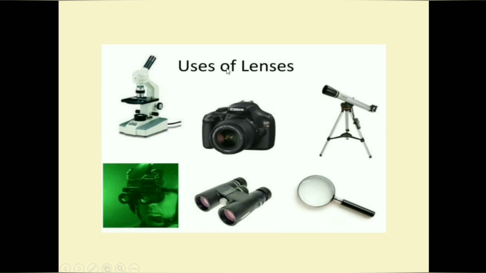What are the uses of lens? So lenses are having many applications. For example, lenses are used in the microscope or any optical instruments, that may be microscope or telescope or astronomical telescope or terrestrial telescope. So these are used in optical instruments. So why we have to use an optical instrument? To magnify, to enlarge the image or to diminish the image. So here we can use lenses, and also it is used in camera.